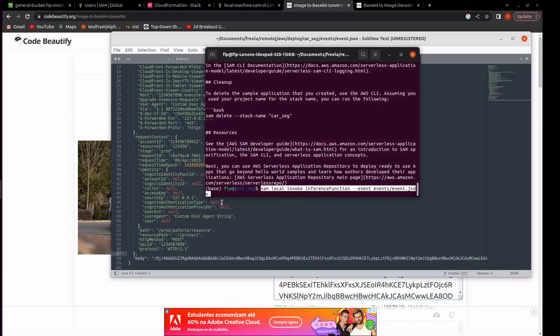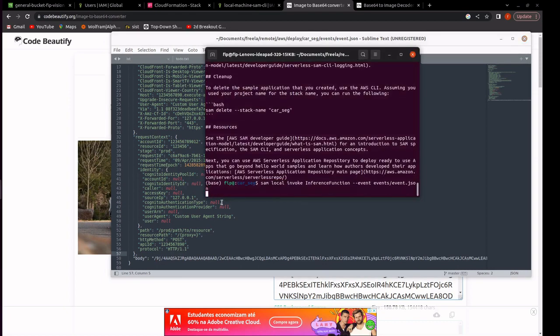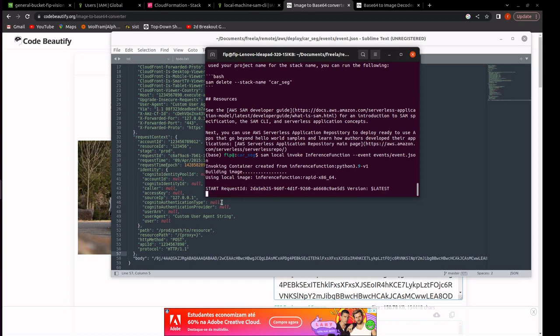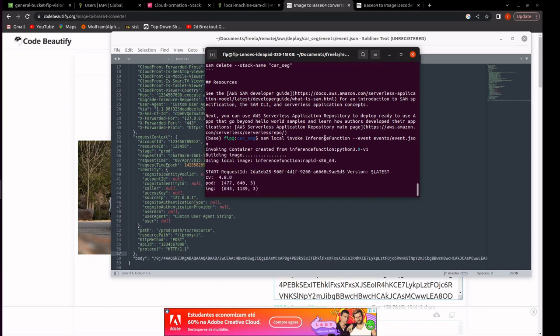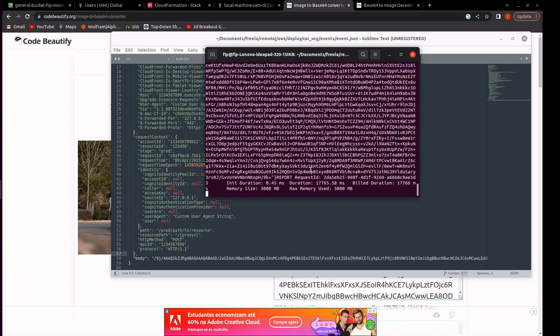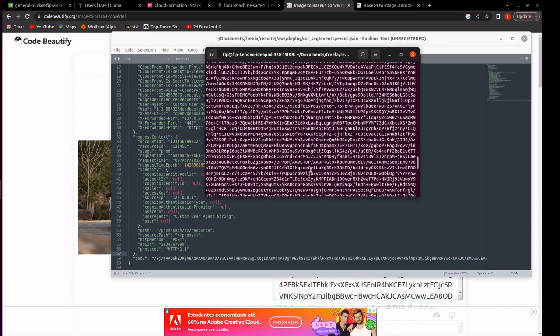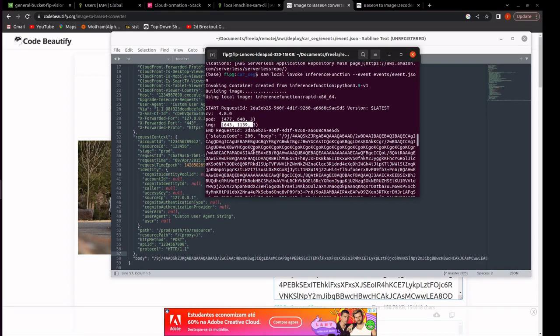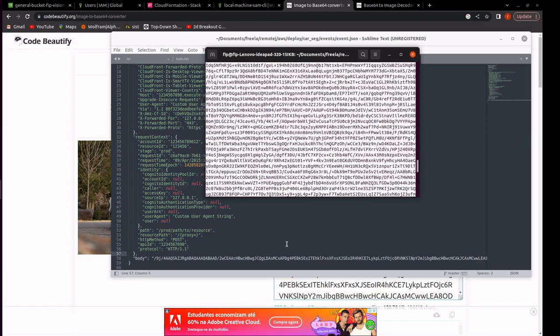Yes, and we can run the command, and it will test locally if our function is working. So it sends the event to our function, and then we can see that okay, openCV was installed and loaded, the image and the background could be decoded. And here we have the output string. If we copy this,